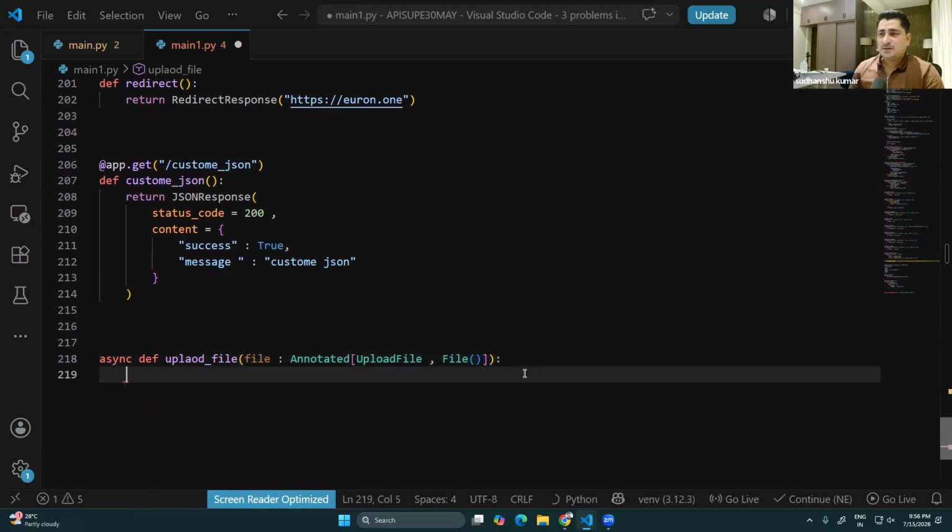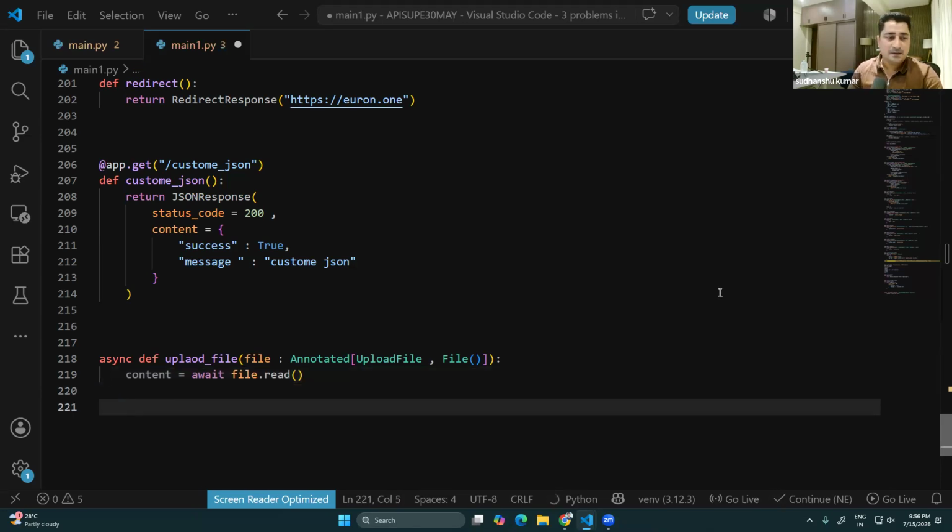Now, once this is done, it will help you out in terms of uploading the file. So here I will be writing a variable called content. Now, what is content? Let me write await over here. So await file.read. It will try to read the file, and then